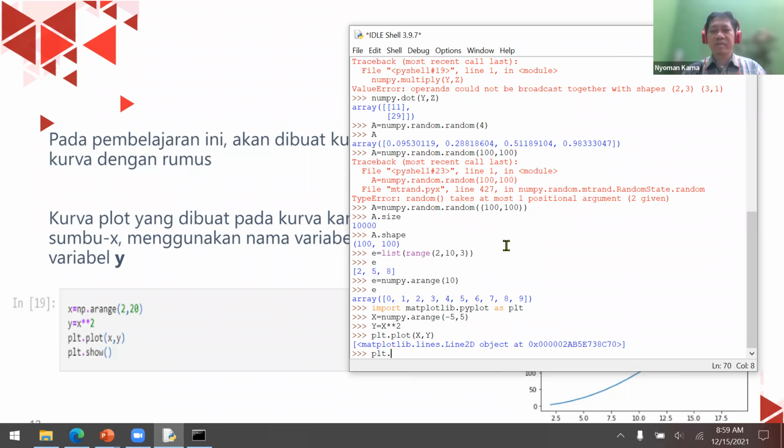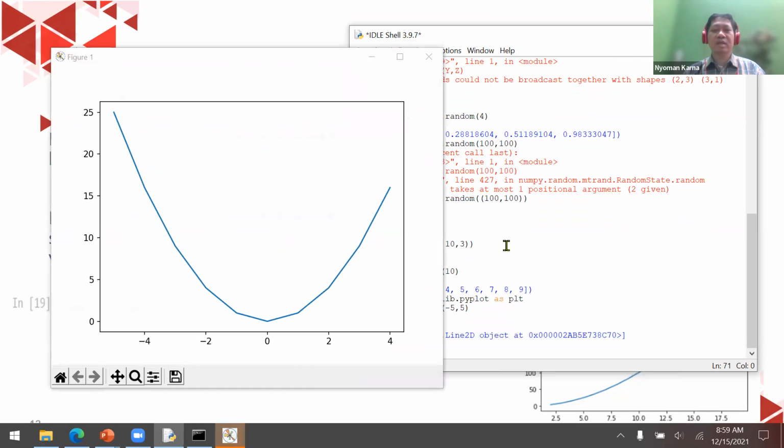Please show me the graph. So it's something like this. Starting from -5, the y will become 25. At -4, it will become 16 in here. And then -3 is 9. 0 is 0, etcetera. Okay.